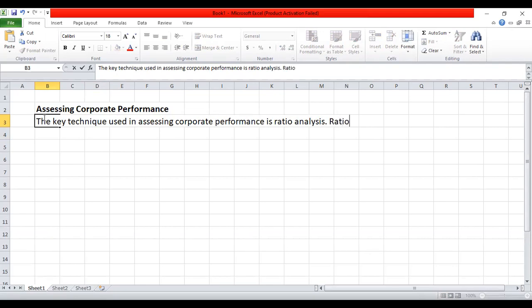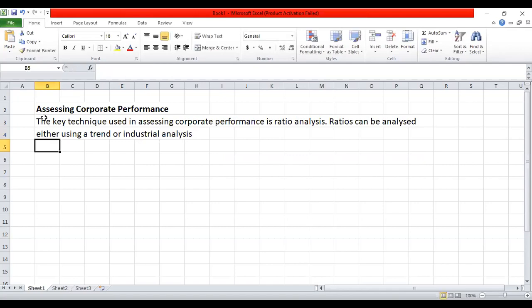And you can say that ratios can be analyzed either using a trend analysis or using what we call an industry analysis. Now, if you go to trend analysis,